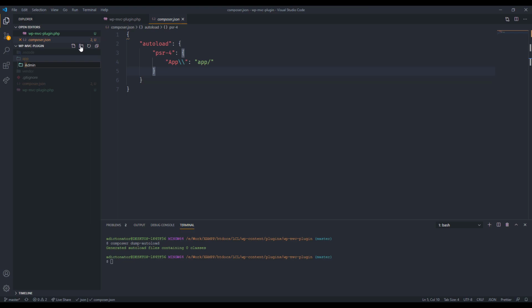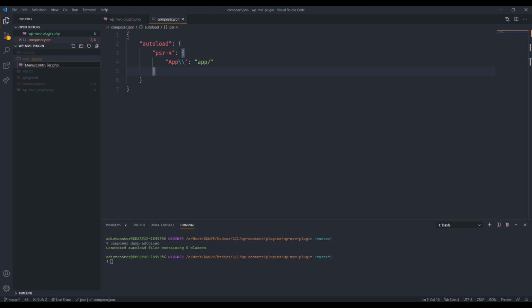Notice the capital A for my folder name. I'm doing this because it is recommended in PSR-4 standards that we start our folder name or class names with a capital letter. Alright, inside the admin folder, let's create this file called